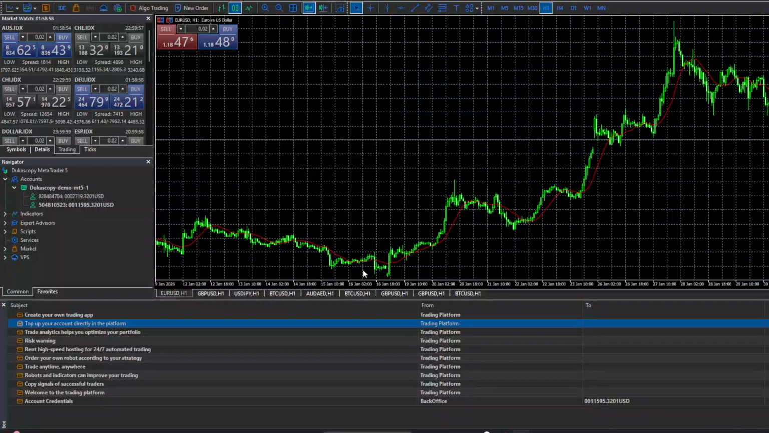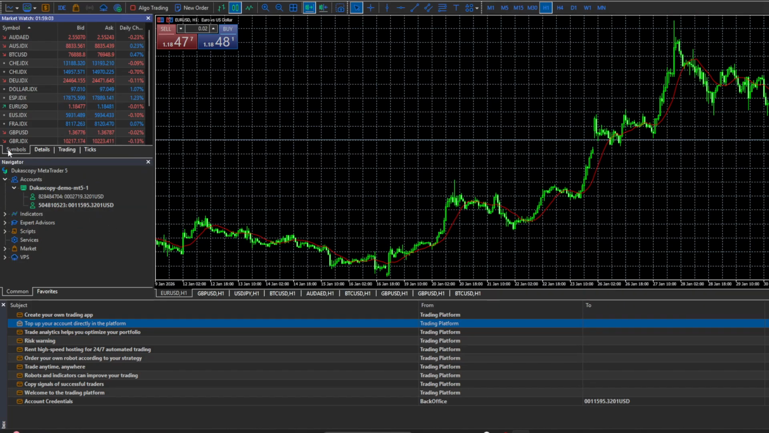Today's video, I'm going to teach you how to delete a symbol in MetaTrader 5. If your symbol list in MetaTrader 5 has become cluttered with instruments you no longer use, cleaning it up can make your trading environment a lot easier to work with. In this walkthrough, I'll guide you through the simple process of removing a symbol from your watch list step by